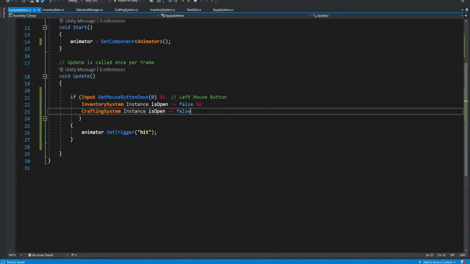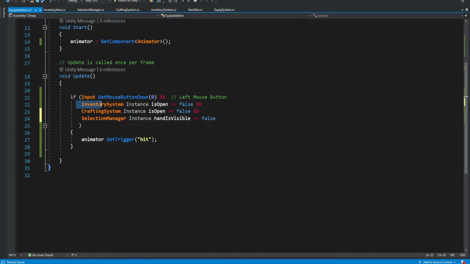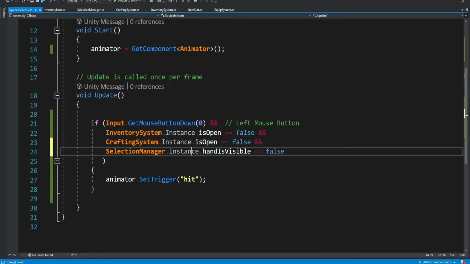So inside our equipable item, we can add one more condition. Selection manager instance hand is visible, false, okay? So only when all of these things are fulfilled and also the hand is visible is false, it means that we don't see the hand. It means that we want to be able to swing the axe.